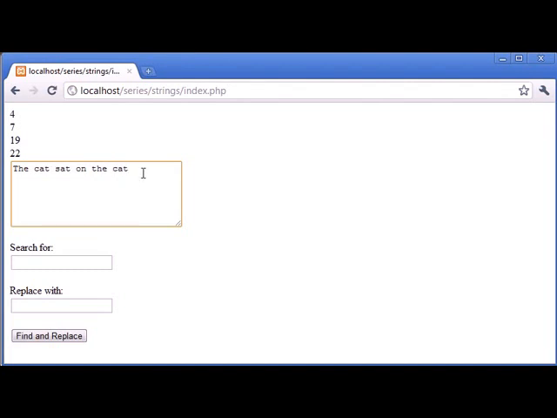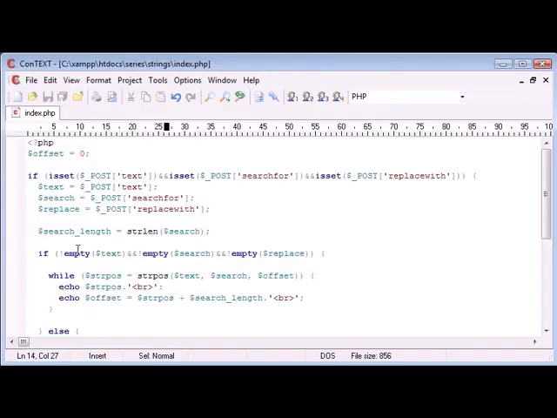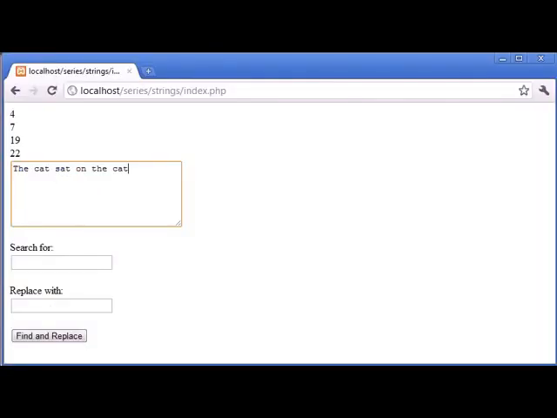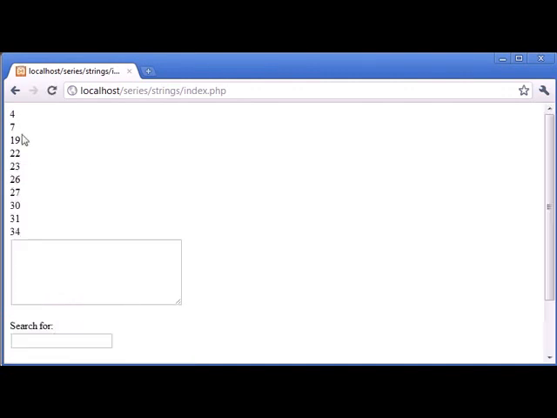Now at this point, we're at the end of the string. So, in our program, this is going to evaluate to false. So we're going to break the loop. It's as simple as that, thinking about it. However, when you are writing it, you might find it a bit hard to get around the logic. So if I was to say cat, cat, cat after this, and I'm searching for cat, again, monkey doesn't matter right now, and I can replace, we get a whole bunch of numbers here telling us the position